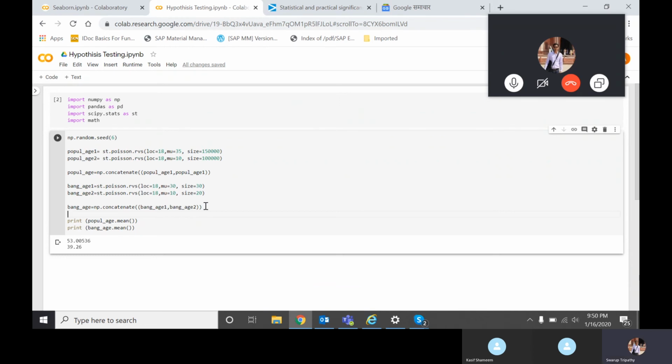Execute again. See, first one you have taken np.concatenate. Population age 1, population age 2 you should have taken, right? It's a mistake. Okay, yeah. Okay, you are getting it.